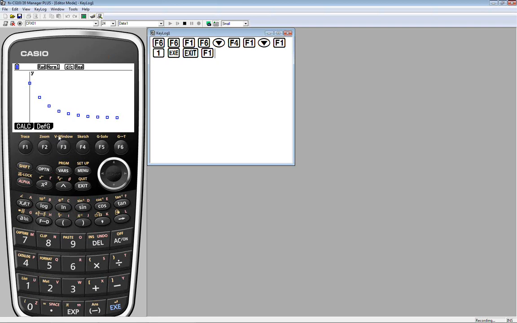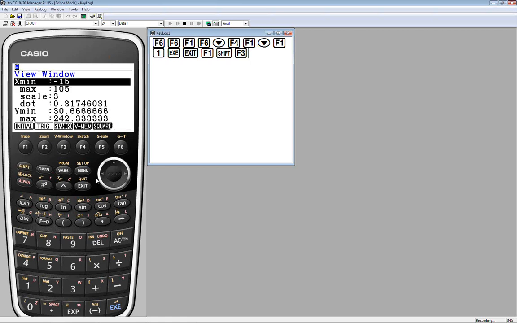Notice above F3, again in yellow characters, it's V-Window for viewing window. If I go there, Shift F3, because in our setup we made an automatic window, if you will, the calculator determined that this X-min of -15, X-max of 105 would show the scatter plot nicely with a little bit of space on both the left and the right.